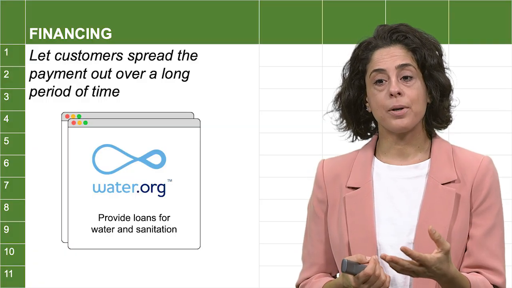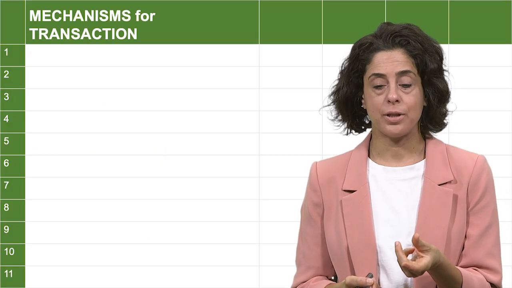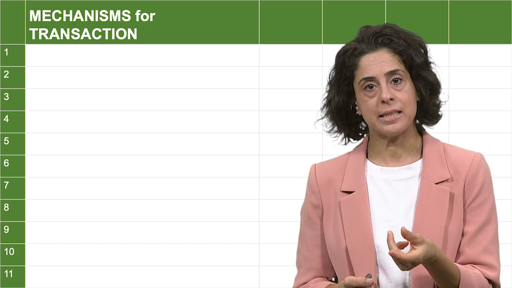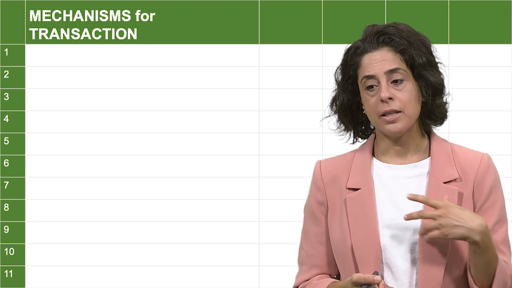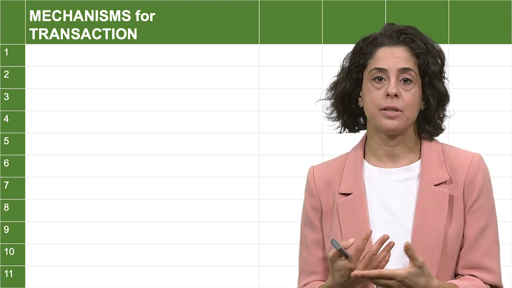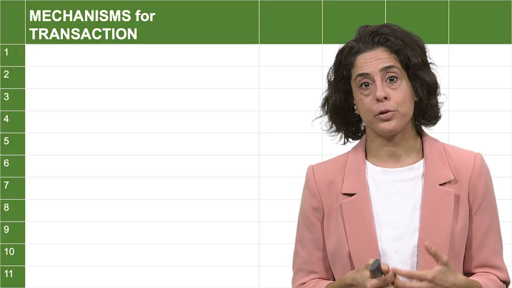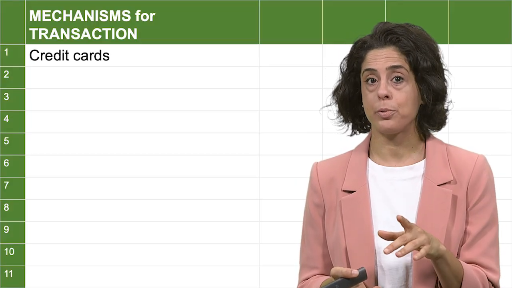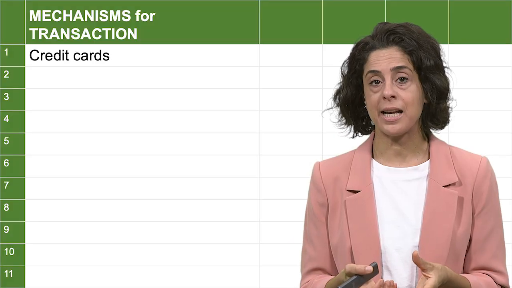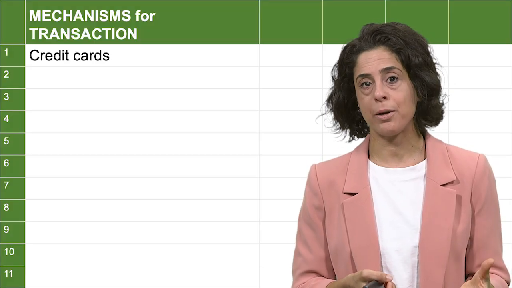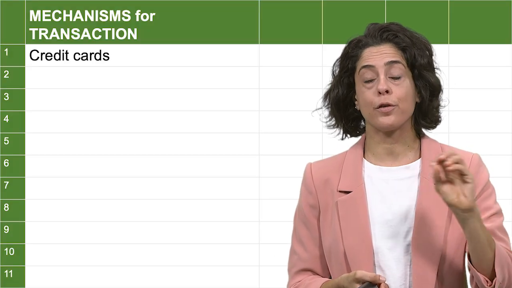The second thing I wanted to mention is the different mechanisms for transaction. What I mean by that is that whether you're financing or not, the methods of payment are different in different settings. In the US, for example, where I live, a lot of people use credit cards. Not all people do, but it's a common method of transaction. You order something online and you pay with a credit card,